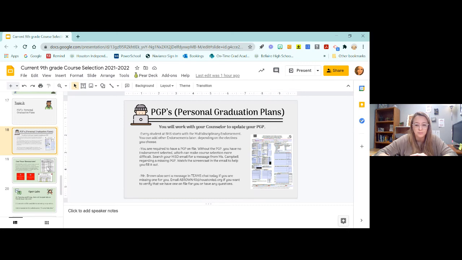If you're wondering how it was coded for you this year, like if you're in dance now and you're not sure if it was coded as PE or fine art, that's what you need to look at. Like Ms. Hernandez said, if it says PE aerobic on your schedule, then that's going to be the PE one. Correct. If it says dance, it's going to be the fine art one.